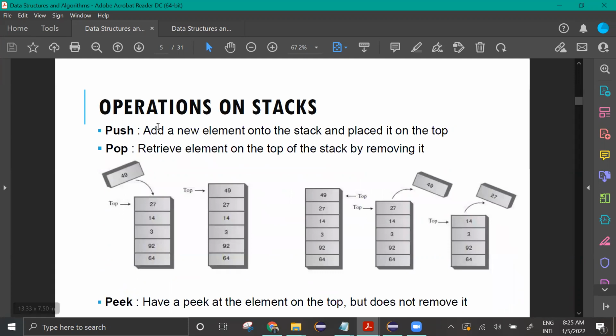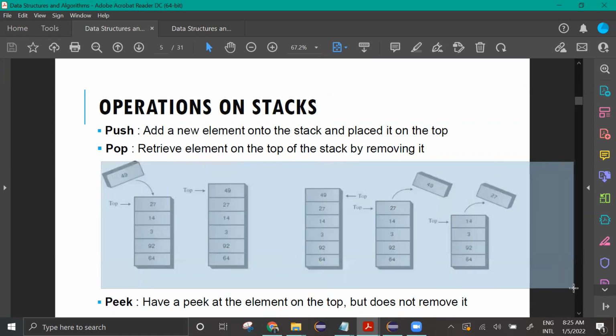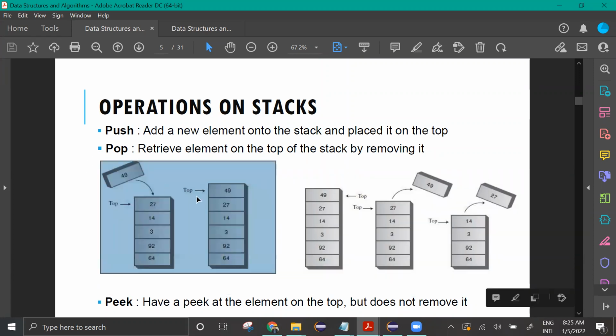Push means add a new element onto the stack and place it on the top. Pop means retrieve the element on top of the stack by removing it. So this is the idea. Stack should be something like this. That's what we talk about. Then it can be implemented